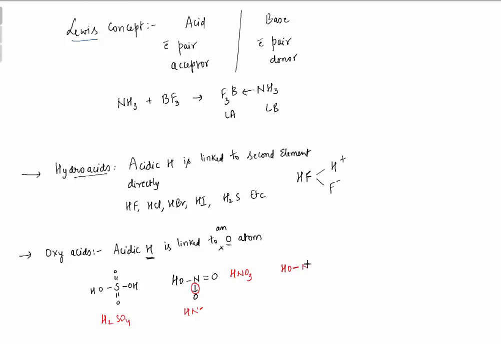N double bond O plus O minus. This is neutral and this is charged stuff. Effectively, both diagrams are same. Here, बहुत बच्चे मुझे बोलते हैं सर थोड़ा confusion आ रही है, थोड़ा बताओ ना गाउट टाइप. तो प्लीज रिमेंबर बेटा,